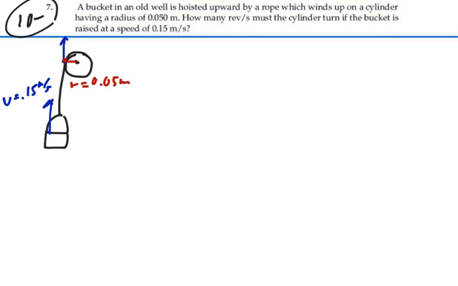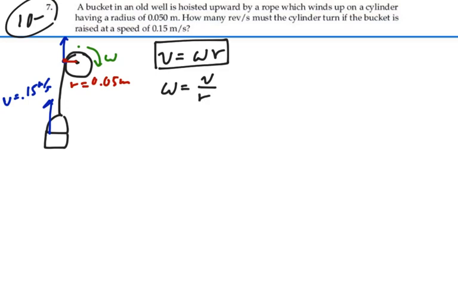then we'll have associated with that an angular velocity in such a way that the linear velocity is equal to the angular velocity times the radius of that circle. That's our conversion from angular to linear in the form of velocity. So in this case, our angular velocity will equal the linear velocity we need divided by the radius of the circle. That is going to be 0.15 meters per second divided by 0.05 meters, which will be 3 radians per